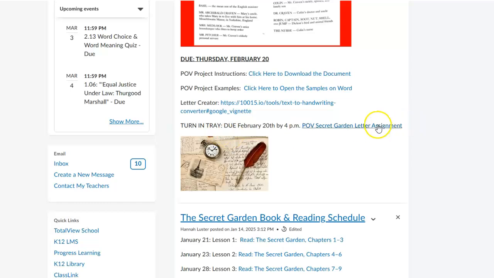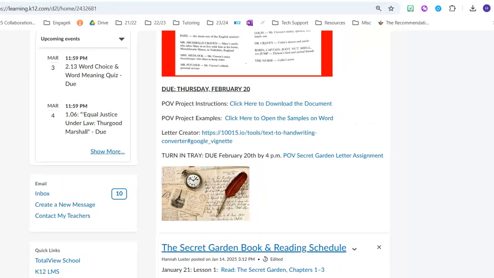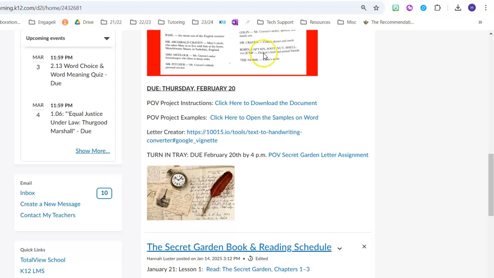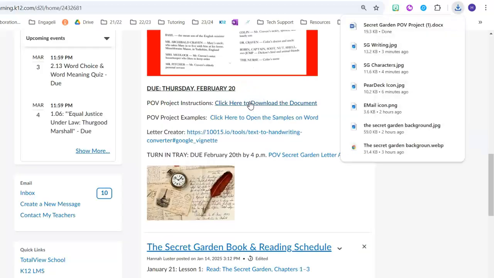So what we have been encouraging the students to do is you can either open up the instruction or you can open up a blank Word document. So I'm going to show you both ways depending on which one fits your needs. So I'm going to scoot my screen up because I think this is where sixth graders do struggle the most. So point of view project instructions, I'm going to open that. When I click that, it's actually going to pop up in my download. So from there, I'm going to open this